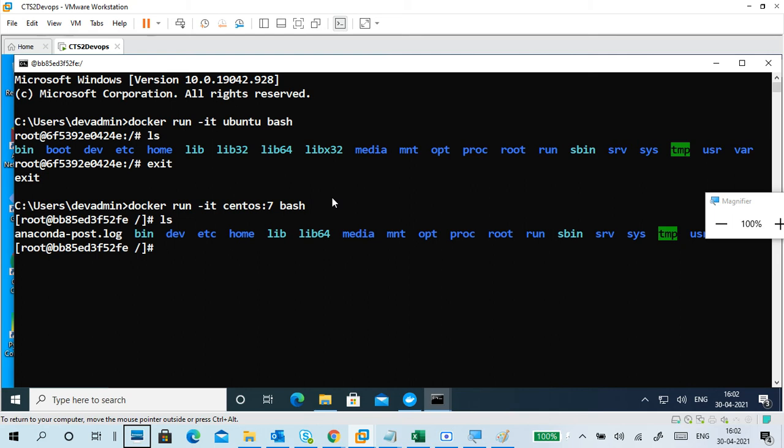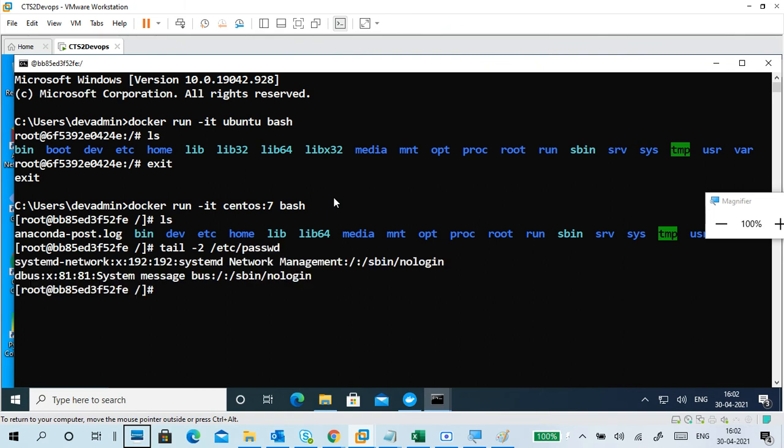So ls. I want to see the last two users only, right? Is Sonali there? Sonali is not there here. Okay, ifconfig is not working here. Why is it not working here? Because this is a separate container. That is a different container. I created a user there, but I didn't create a user here. I will create another user here.